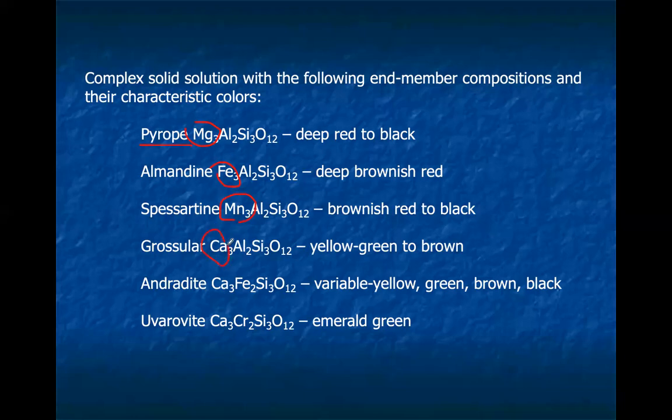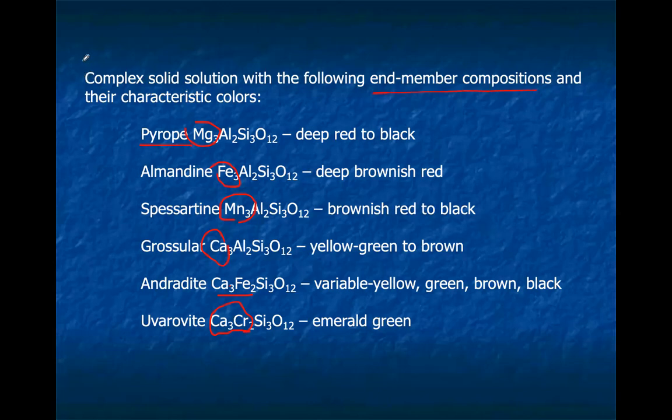Okay, there is another one called andradite, where you have calcium and iron both, right? And uvarovite, where you have the chromium component, especially chromium with calcium. So these are the varieties of garnet you can find as end-member compositions,